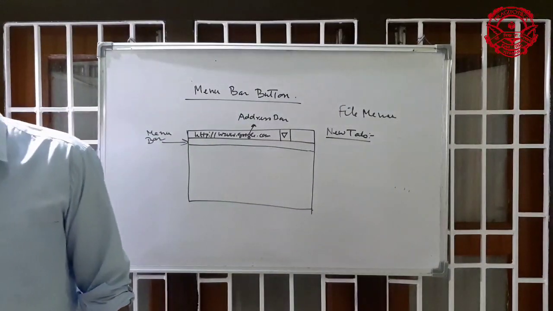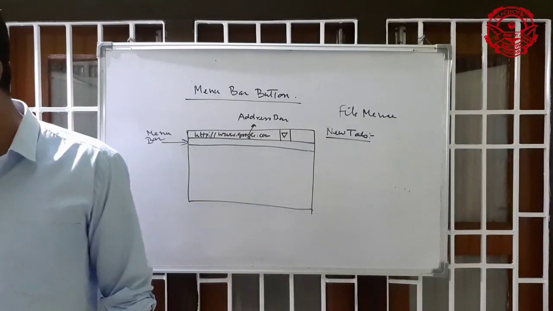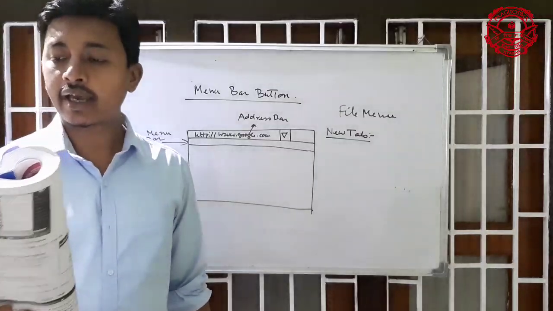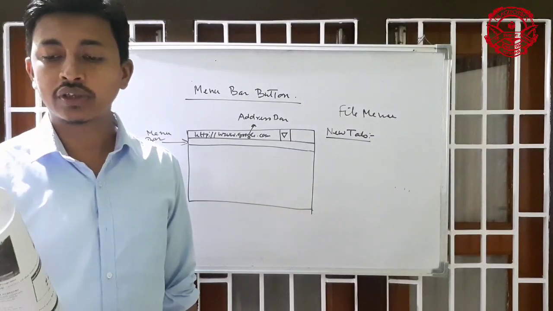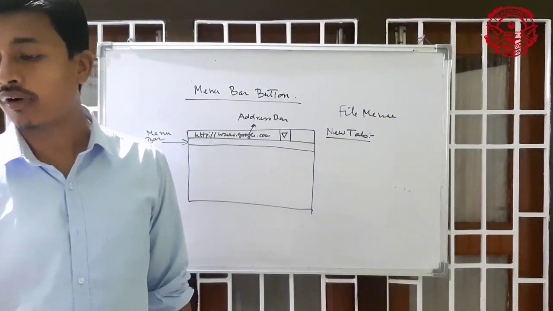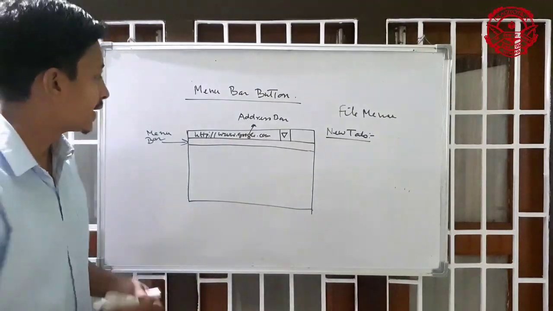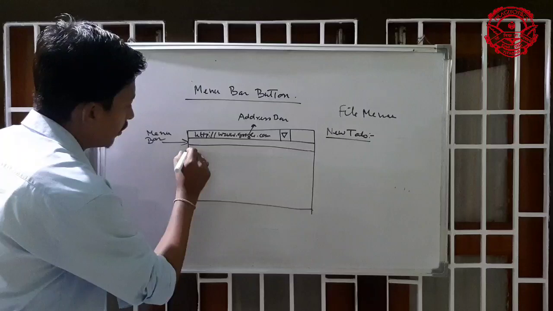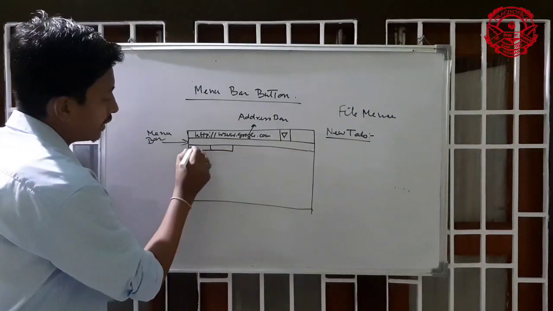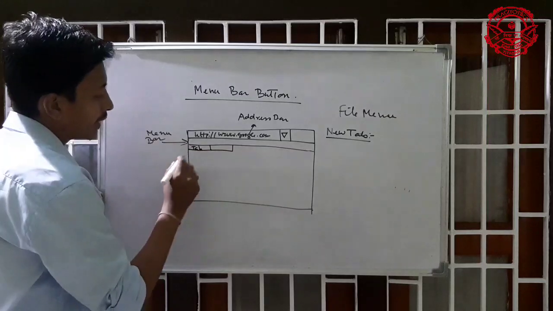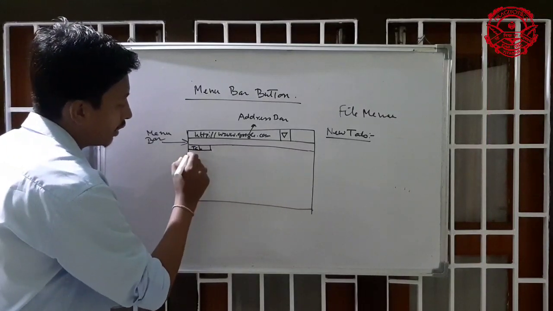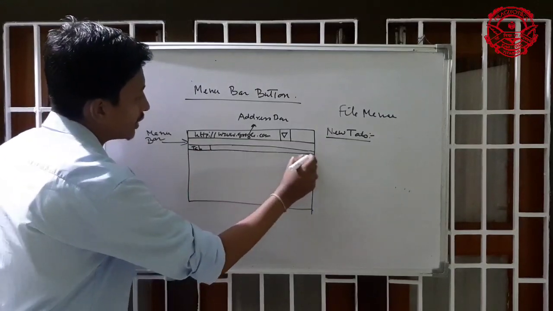This opens a new tab in the same window of the browser. These tabs help you to use a single Internet Explorer window to view all your web pages. Means what? There are various tabs. This is a tab. It is called a tab. Tab means this is one single window.